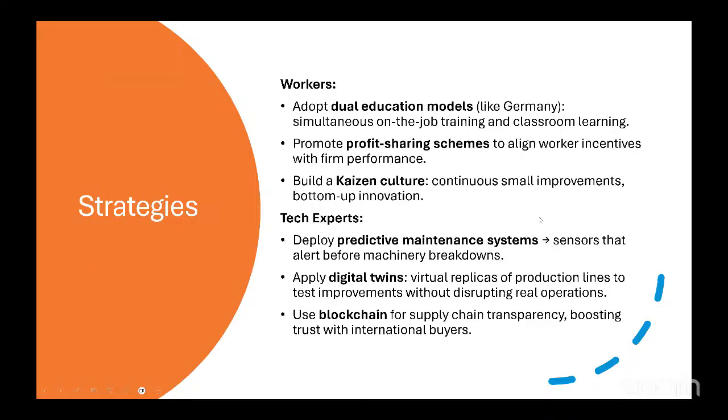Right. So there are 2 other things that we want to put in terms of strategies moving forward. We'll then present the SWOT analysis as well. One is workers. I think we mentioned within our diagnosis as well how the workforce and the ethos there needs to change, and that's where the Kaizen culture and the dual education models would be introduced. Secondarily, what we show is a profit sharing scheme, meaning this could be a breaking down of shares and a percentage of that being moved towards a share allocation for the workers to incentivize them further. We think companies like Huawei have done this.